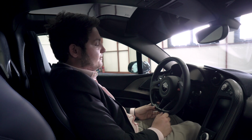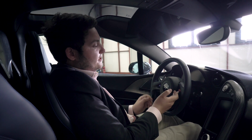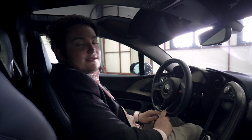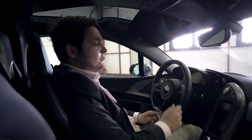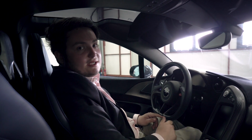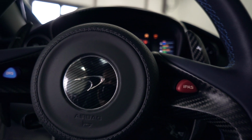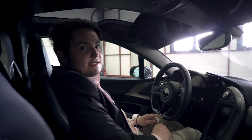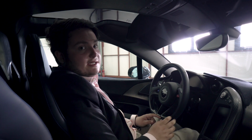Okay, so on the steering wheel you have 2 buttons, DRS and IPAS. IPAS stands for Instant Power Assist System. So what that does is when you're accelerating, you can press and hold that and it will use the electric motor to give you a boost of power. So if you find that your P1 isn't accelerating enough, you can just hold this button and give it even